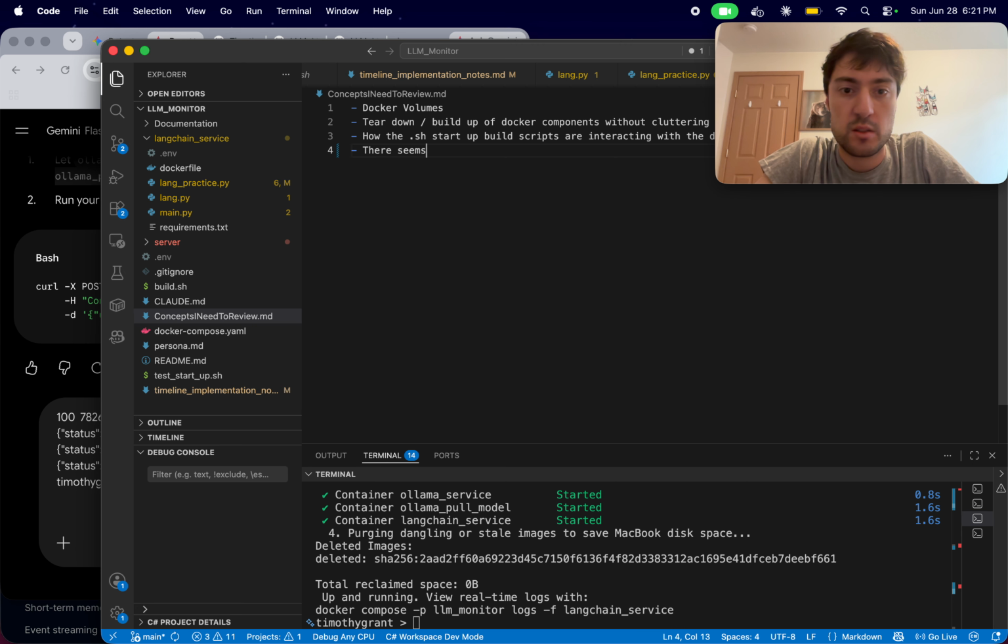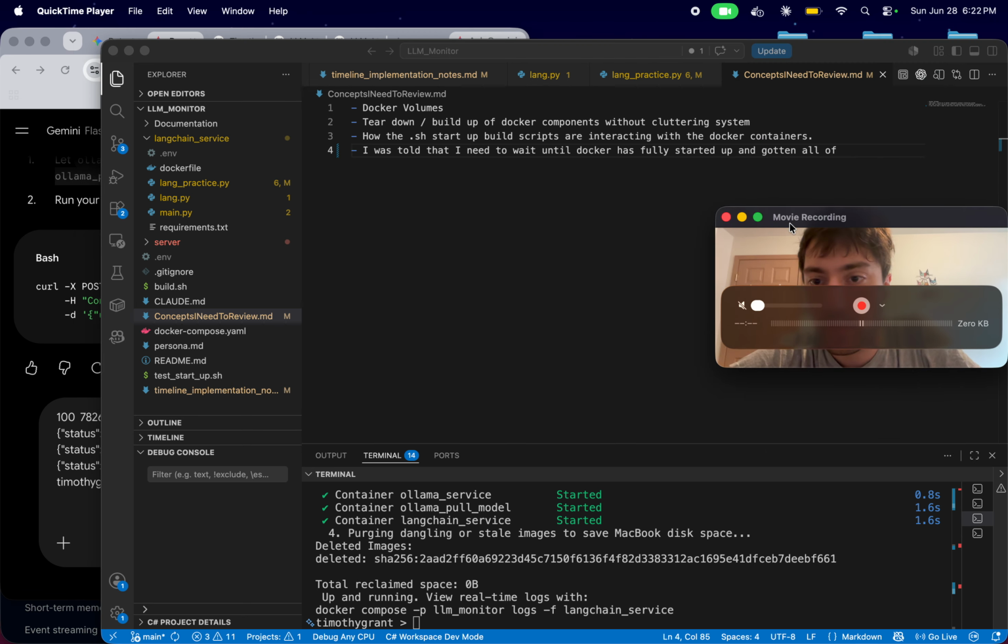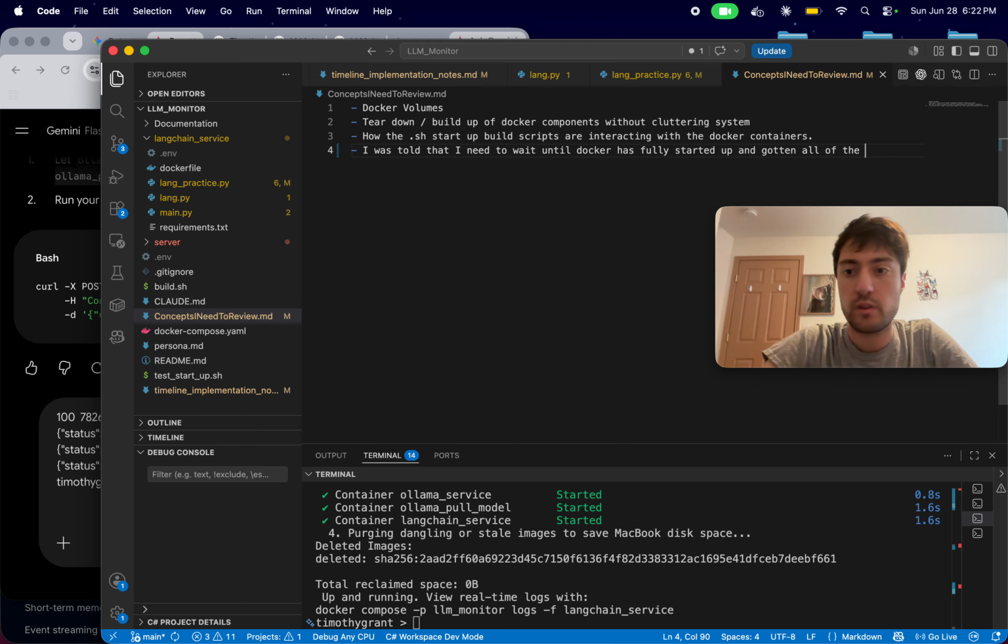There seems to be a, I'll just say I was told that I need to wait until Docker has fully started up and gotten all of the